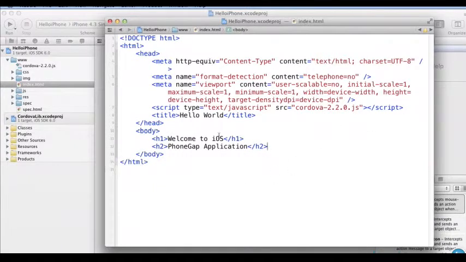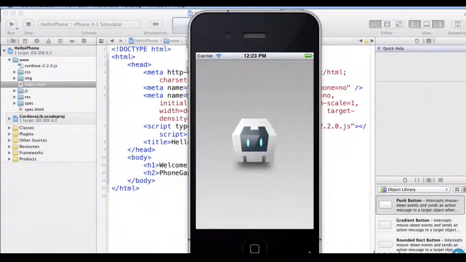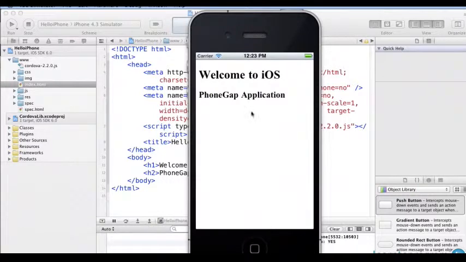So now I'm going to build this again, but just with this little bit of content that I put here. So I'm going to go ahead and hit the Run button. We'll bring up our simulator again. And there we get Welcome to iOS PhoneGap application. So very, very quickly, we've already created an iOS application that, using the PhoneGap framework,